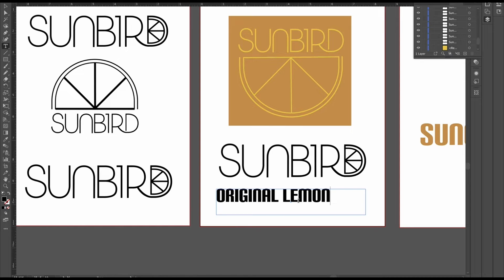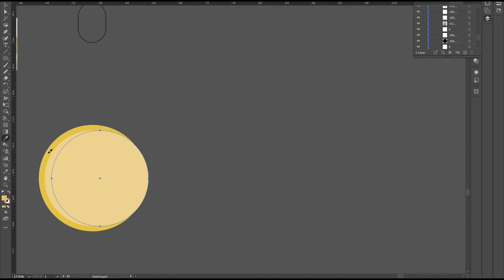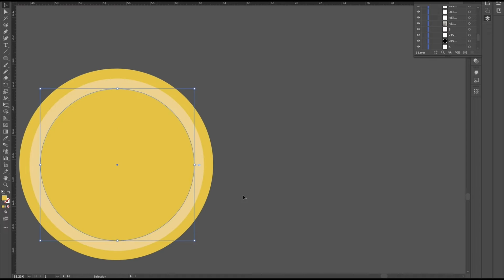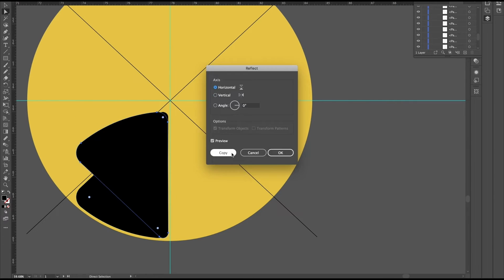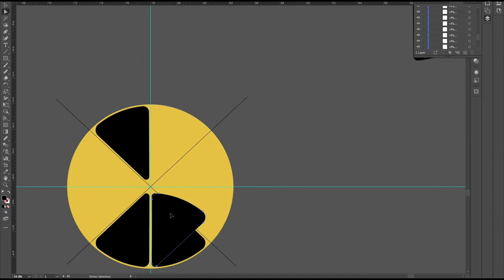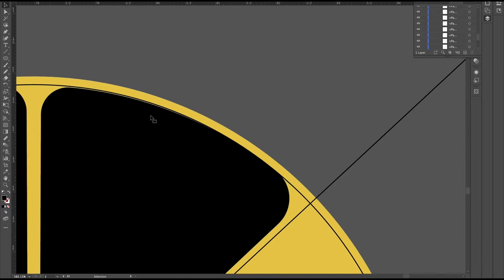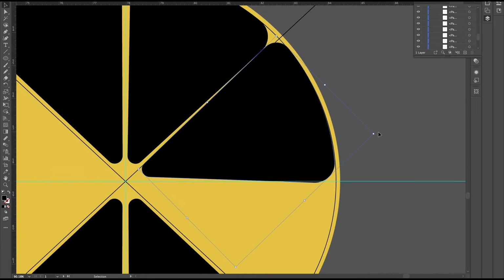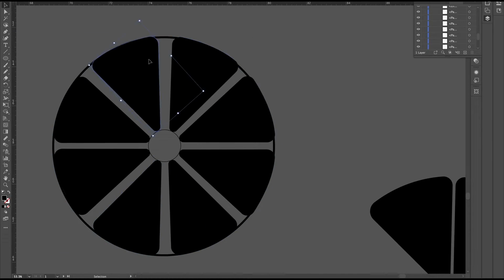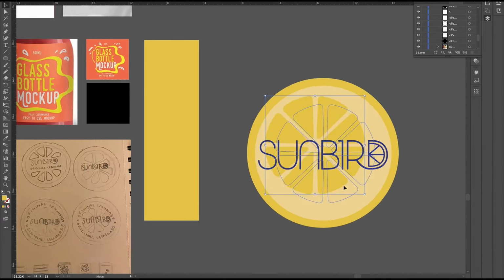Next, I took the sketches that I had and kind of turned them into actual designs inside of Illustrator. I made this little citrus shape that became kind of the icon for the brand. And I started putting the logo onto the different packaging ideas I had, but I just did not like how